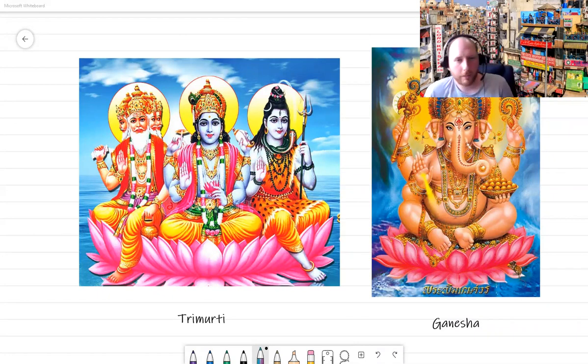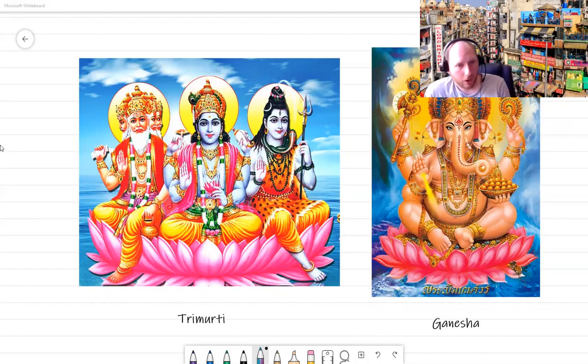Thank you. It is a polytheistic religion, which means it has loads of different gods and goddesses. I've put the three most important ones up here, and Ganesha, just because he's the coolest. But here we have something that's called the Trimurti. Or if I was going to say it in a proper Indian way, I would roll my R, so the Trimurti, something like that. Now, the Trimurti are the three main and most important gods of Hinduism.